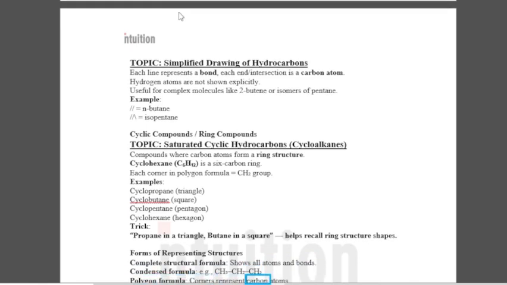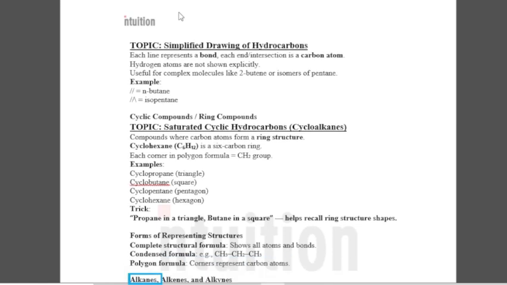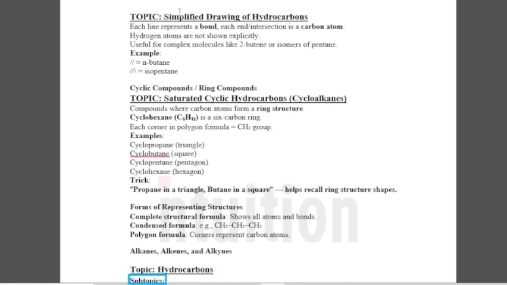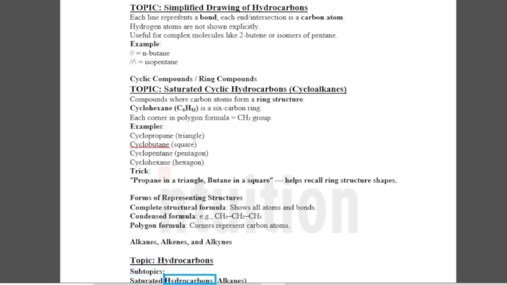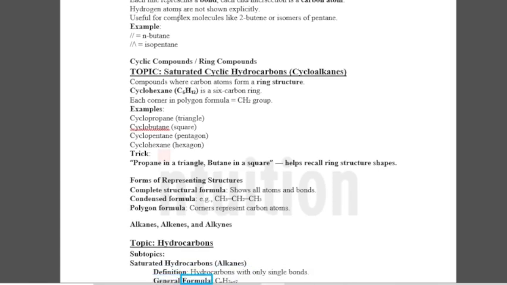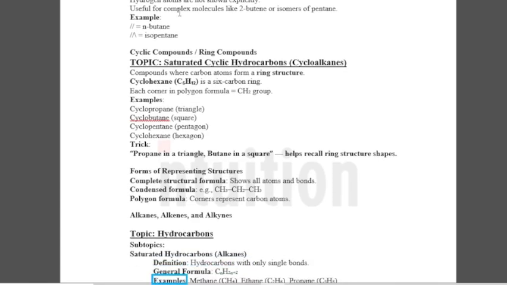Corners represent carbon atoms. Alkanes, alkenes, and alkynes. Topic: hydrocarbons. Subtopics: saturated hydrocarbons, alkanes. Definition: hydrocarbons with only single bonds. General formula: CnH2n+2. Examples: methane, CH4, ethane, C2H6,